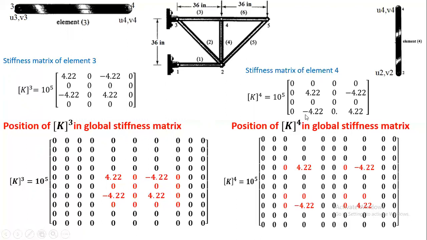One row is missing, sorry. This one is correct. Why? Because the 0 0 row is there. You have to add 0 here. This is 0, corresponding to u2. This one is corresponding to u2, and this one is also corresponding to u2. And these are v2, v2, v2. Okay, now this k4 is correct.